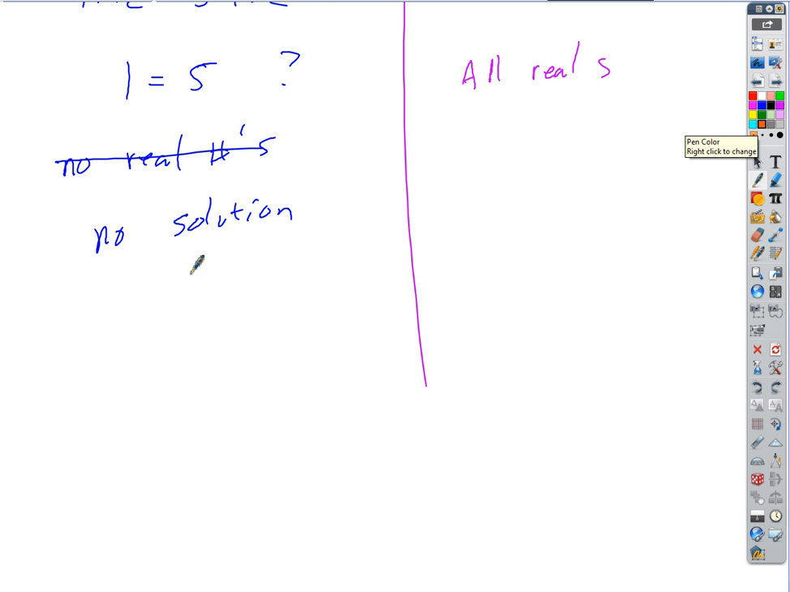And on Moodle, when you answer these, if you get no solution, they just want you to put in a capital N, just a regular capital N. Doesn't need to be anything fancy. For the all reals, I asked you to put in the symbol that corresponds to the set of real numbers, which is different. It looks like a capital R, but it's really this fancy kind of double struck R. I'll show you where to find it. So if you want to enter that answer,